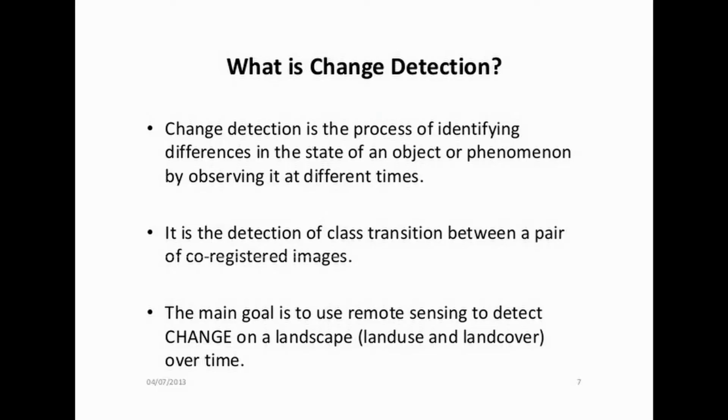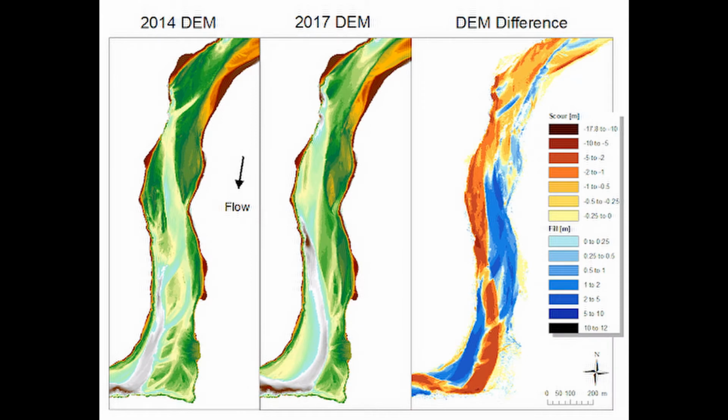So now we would like to calculate change detection in these two sites with these respective times. What I mean by change detection is how much deposition has occurred and how much erosion has occurred in this area. For that we will need two DEMs which hold the elevation values, and when we subtract those DEMs we will get the difference between the elevations, which can be correlated with the deposition as well as the erosion in the area.